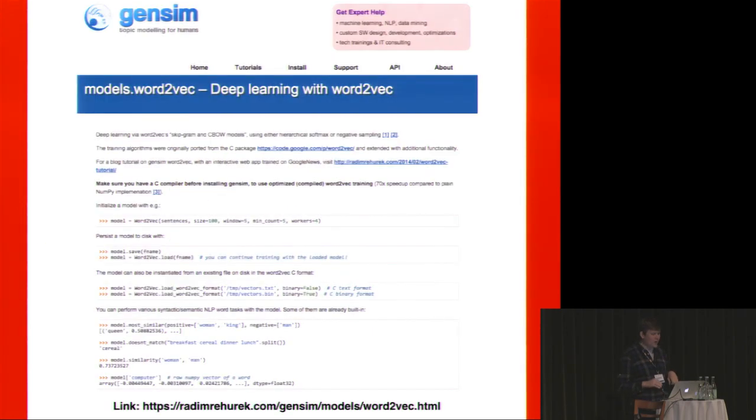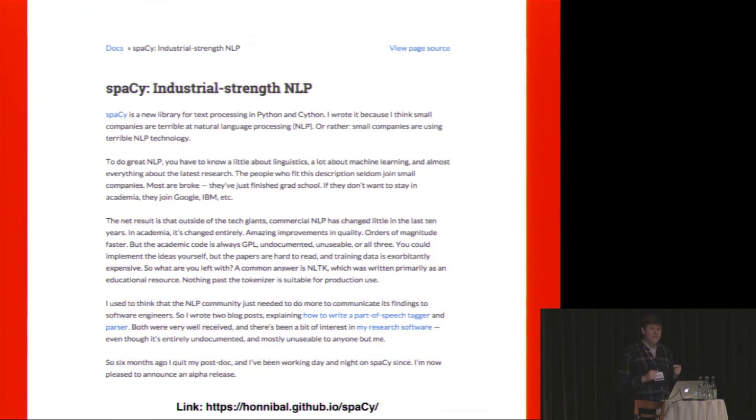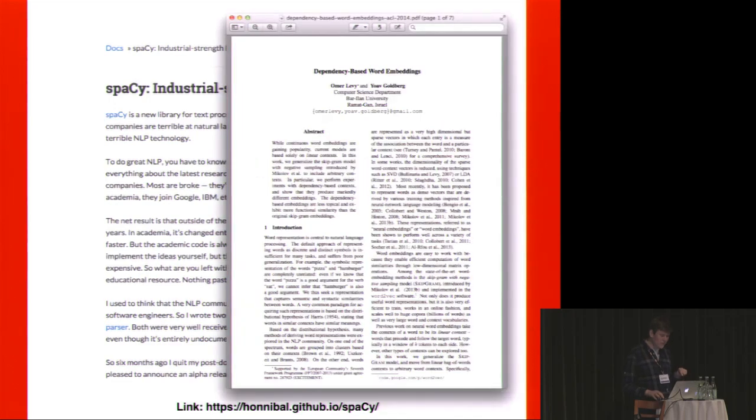So talking about using this in Python, gensim was already mentioned today. It makes it incredibly easy. It's really a lot of fun to use this, and you can actually find pre-trained vectors, just like Olaf used the pre-trained neural network for deep learning. So what this is doing, it's implementing this paper from 2013 from Mikolov and others at Google. An alternative is another Python library called spaCy, which is using a different approach. And you find the links, and I'm going to share the presentation with you, of course.